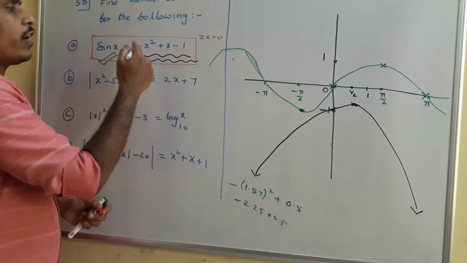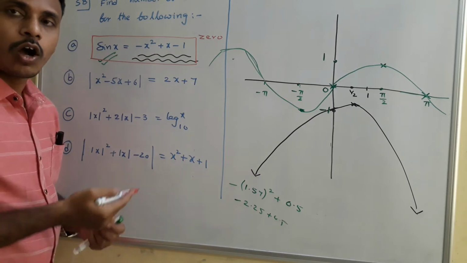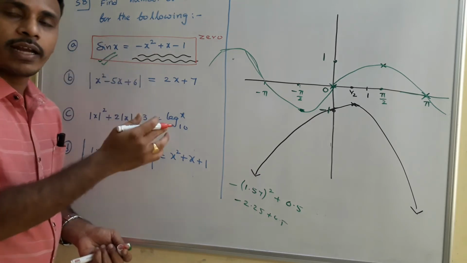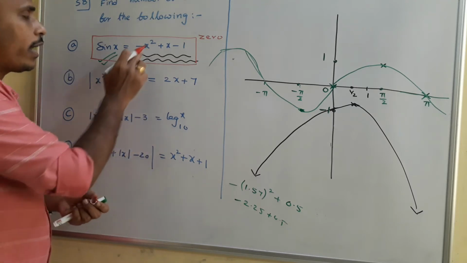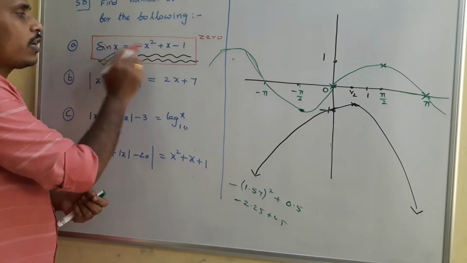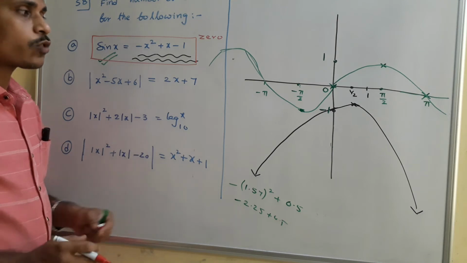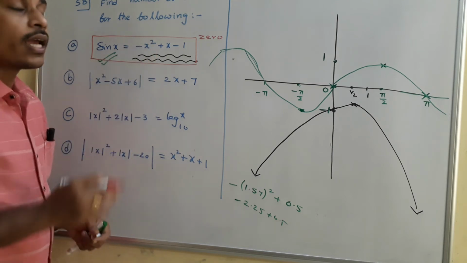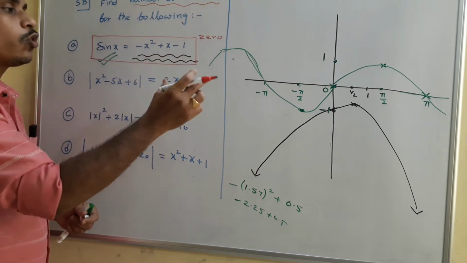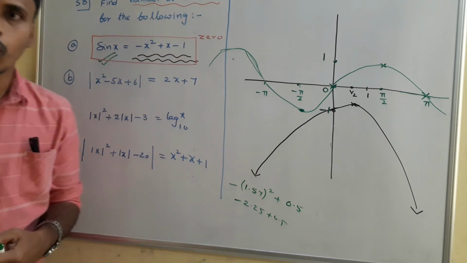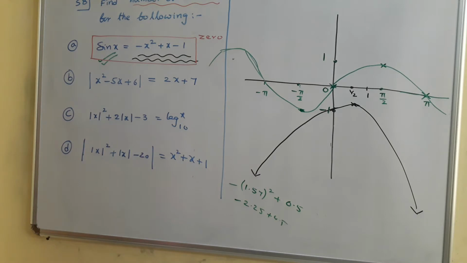Okay, take different values in the place of x. The left side is always different from the right side, and you are getting no solution for this. You get no value of x which makes these two equal, and that's why there is no solution for the first problem. In the same way, when they ask us to discuss the number of solutions, we need to go with the graphs. Have a look and then I will discuss the next one.